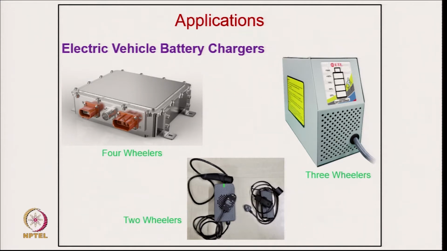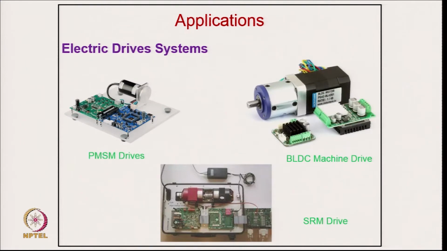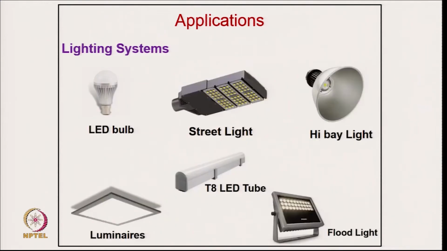Some of the applications of these buck boost converters are electric vehicle battery chargers, which are coming in a big way for different rating electric vehicles, like two-wheeler chargers, three-wheeler chargers, four-wheeler chargers, then electric drive systems like PMSM drive, synchronous motor drive, permanent magnet brushless DC motor drive, then lighting systems like LED bulb, street light, highway light, T8 tube light, luminaires and flood light. Of course, all these LED lights need DC supply, which we can get from AC supply by using these